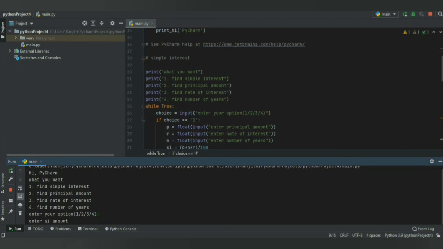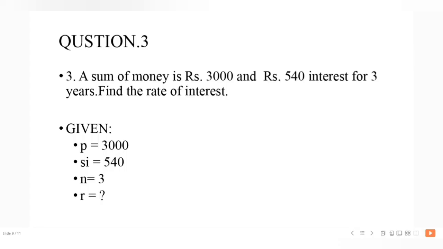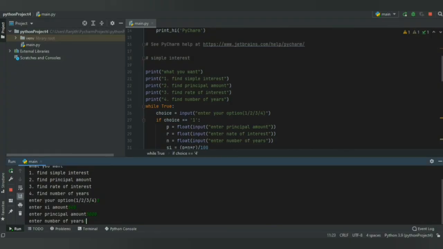Enter. Enter simple interest amount is 540 and principal amount is 3,000 and the number of years is 3. Our rate of interest is 6. So okay, next one,